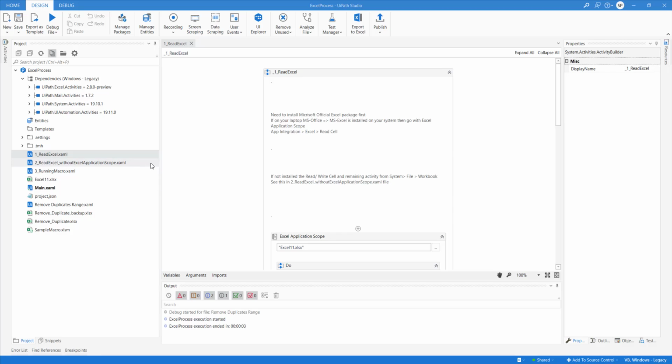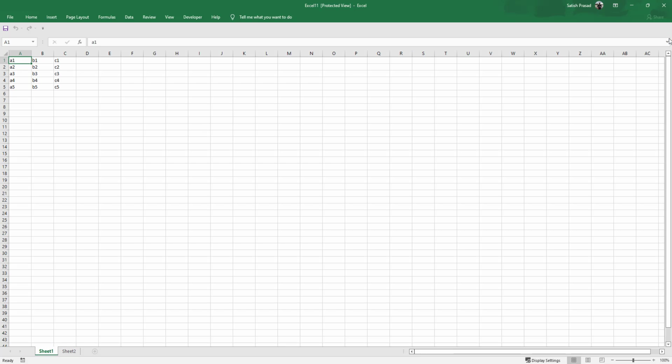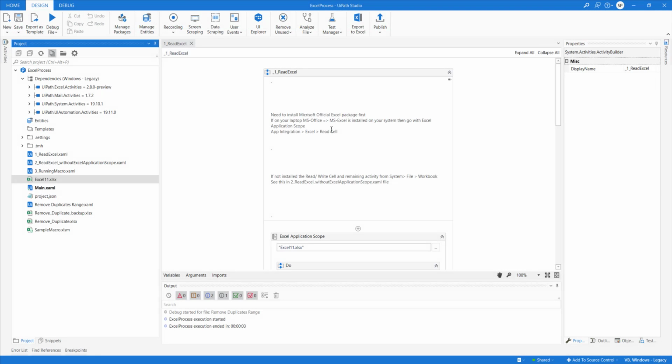First, what we need to do here is I have an Excel file. I'll open this just so that you can visualize what the data is, right? We have two worksheets here, and then we have five rows and three columns, and we have not set the first row as a header here, so it doesn't differentiate. So A1 to A5, B1 to B5, and C1 to C5. That's the data here. And then we have Sheet2 A1, Sheet2 A2, Sheet2 A3, those kinds of things. I just wanted a clear representation. That's the reason I have written the data in this form. So let's close this.